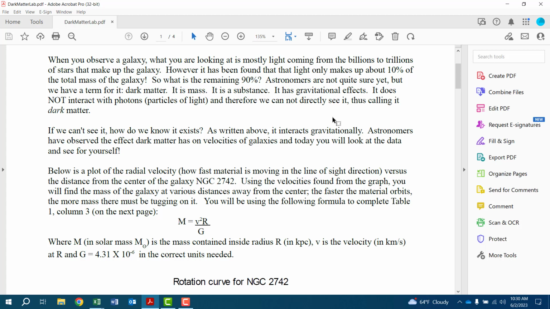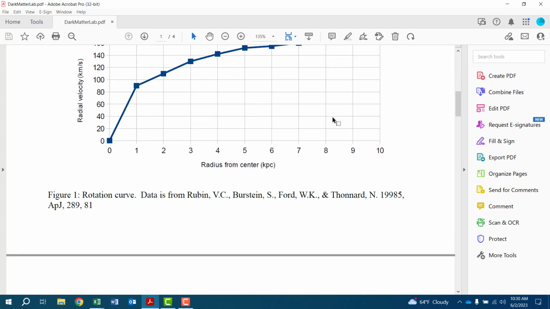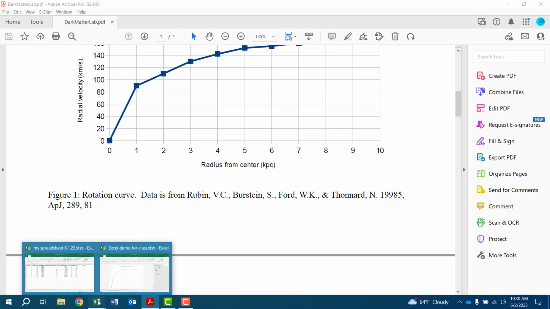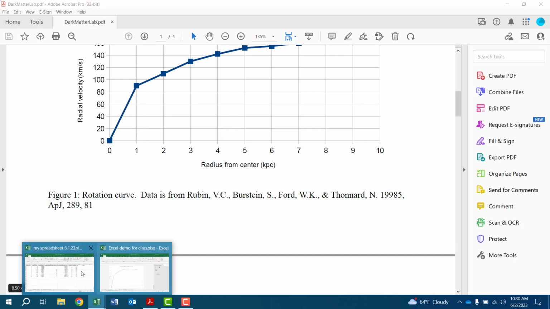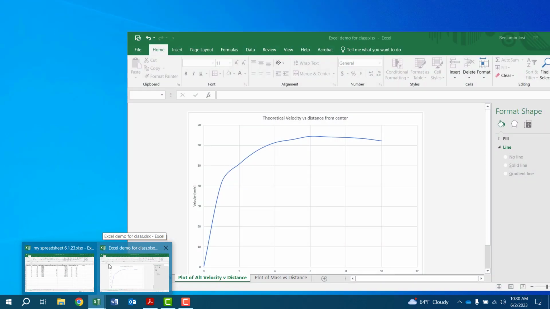People used to think that the galaxy was just that disk and then maybe the bulge at the center, but at some point in the 20th century, astronomers discovered that there's a whole bunch of mass above and below the disk in this spherical region called the halo. I think that's all I need to tell you. So hopefully you've acquired some basic facility with the graphing capabilities for Excel